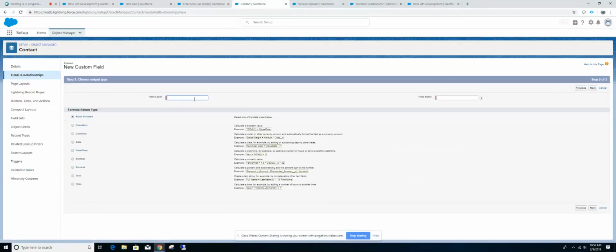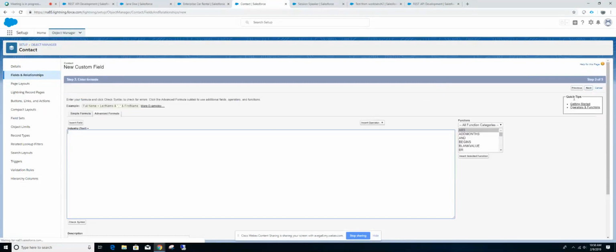I'll just say industry. I mean, I can label the name whatever I want, and then I'll just choose text. Click next. Okay. And then what I want to do is,